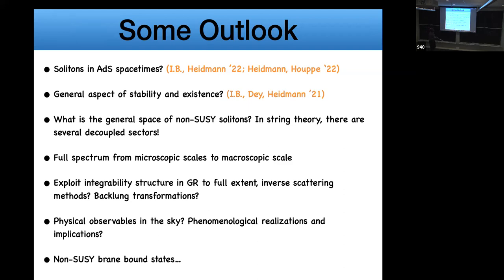What is the full phase space of these coherent configurations? What is the spectrum? Something that I didn't highlight: the mass scale of these objects goes from the Planck mass all the way up to whatever mass that you have. There's more to exploit about the integrability. There are very interesting questions about non-SUSY bound states of Z-branes that you can study. And from this perspective, since these things can have Planck mass scale,